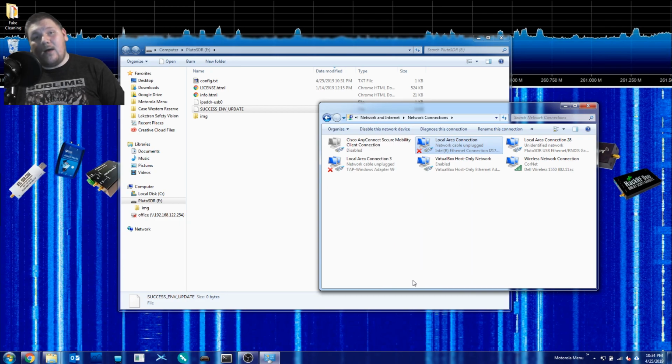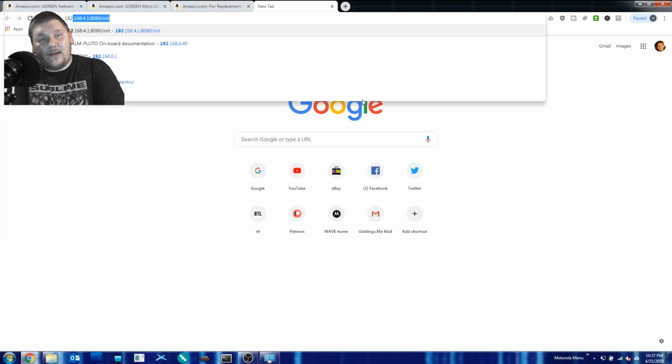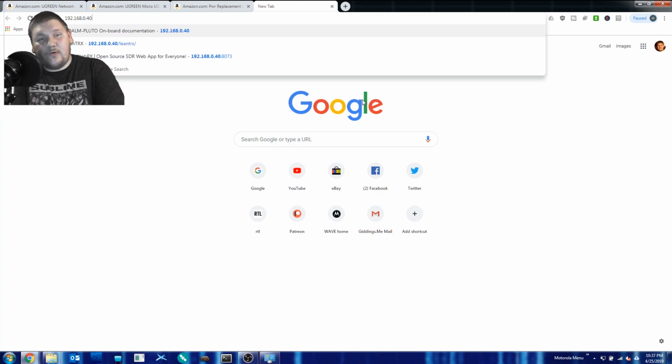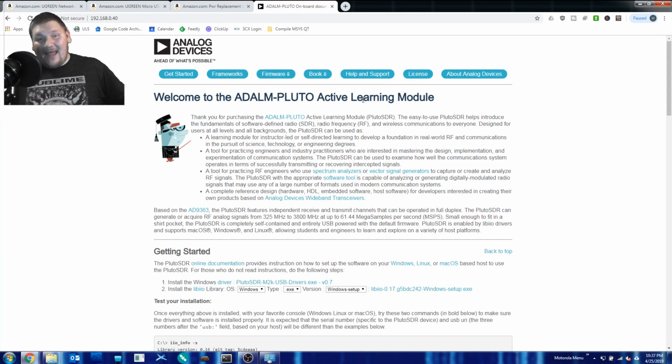And from here, we can go ahead and connect our PlutoSDR with the Ethernet adapter directly to our PC and then navigate to the IP address. So you can see we are now back inside of Chrome. I'm just going to open up a new tab here and type in 192.168.0.40. If you recall, that's the IP address we gave our PlutoSDR. Type Enter, and now we have the Analog Devices landing screen for the Atom PlutoSDR, and we are successfully connected